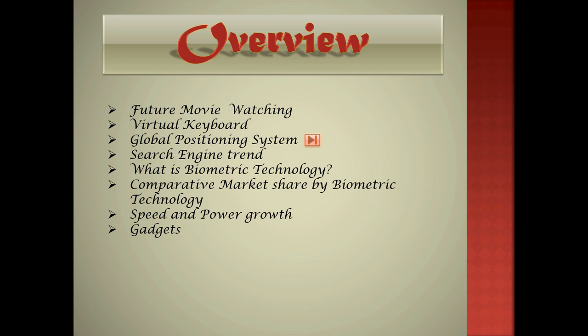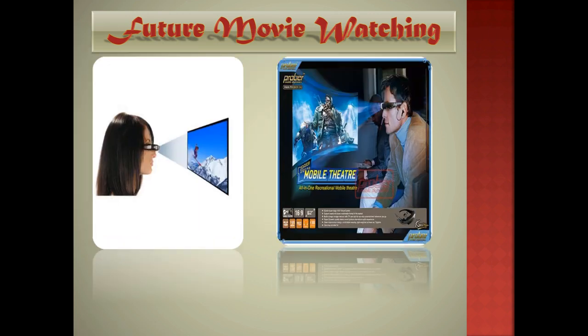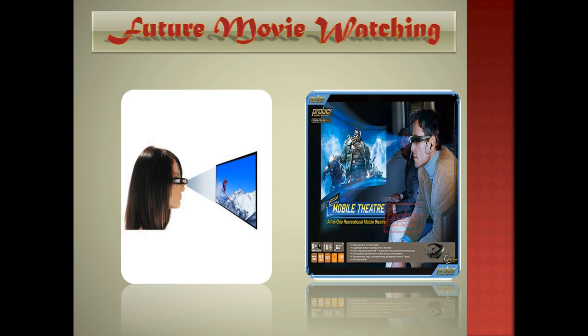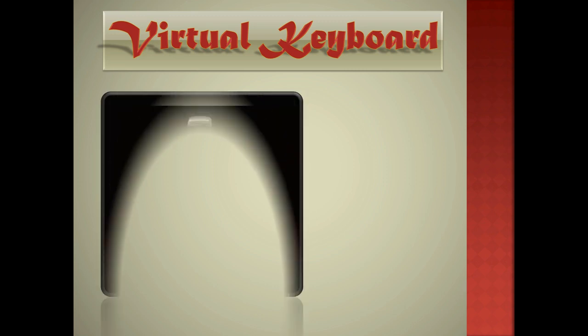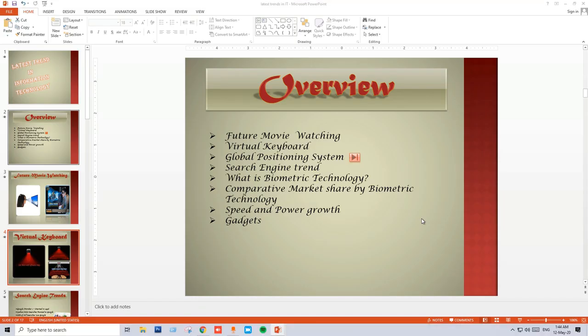Let me just come back and tell you, if I don't click on this button but click anywhere else, I will be taken to the very next slide. As I showed you earlier, the next slide to overview is future movie making, and it will continue the sequence as it is designed. So similarly, I can add these action buttons anywhere in the slide, and similarly I can change the action it